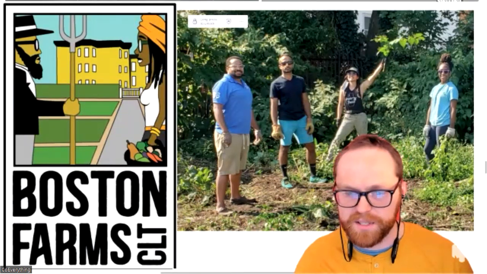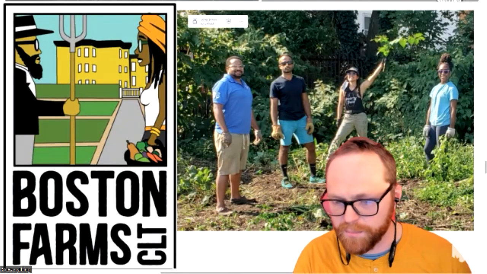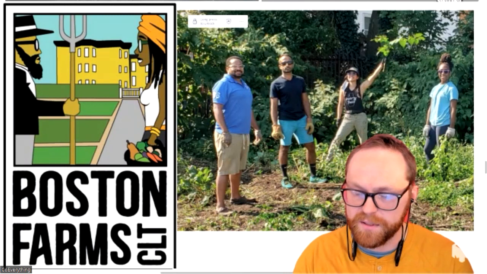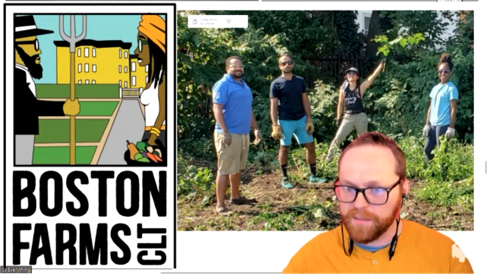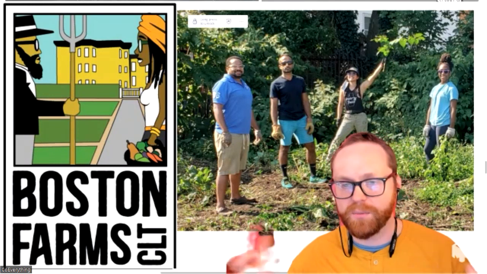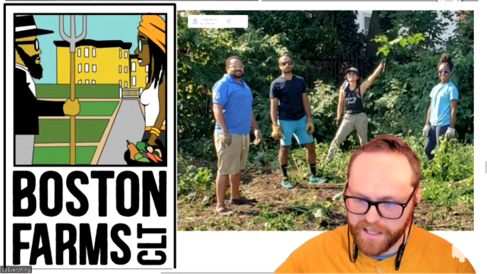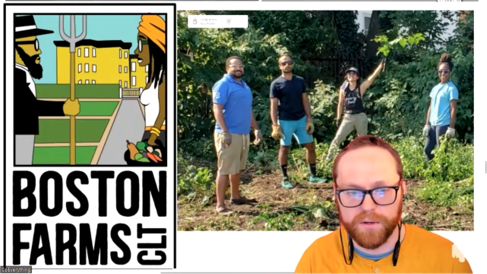They find properties in collaboration with the city, who has maybe lots that are too small to develop, maybe with donors who just want to see urban farms in the city. And then they develop them into farmable land. They partner with the Urban Farming Institute that trains urban farmers and then essentially allow these farm spaces to be farmed by local Black and brown folks.